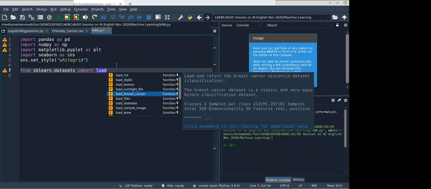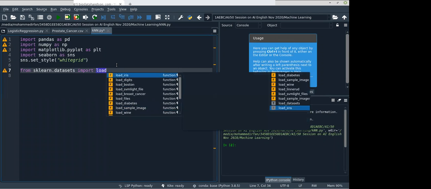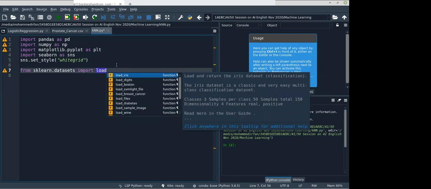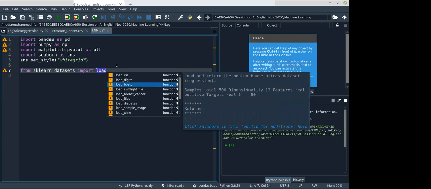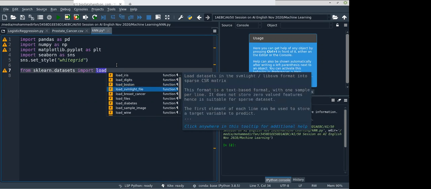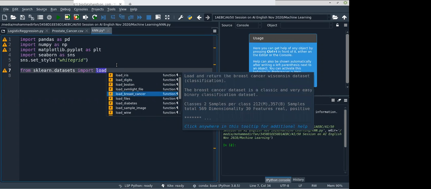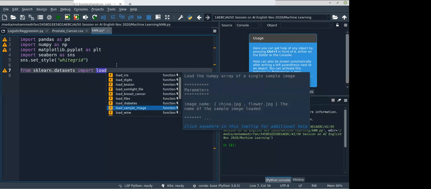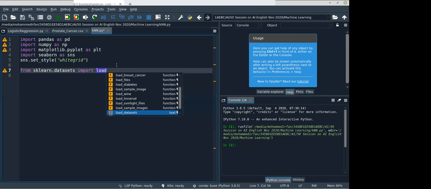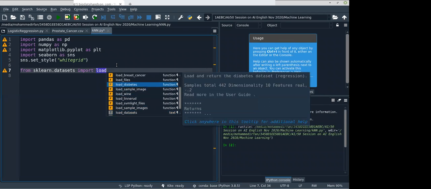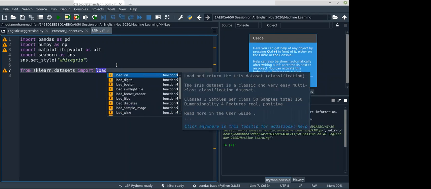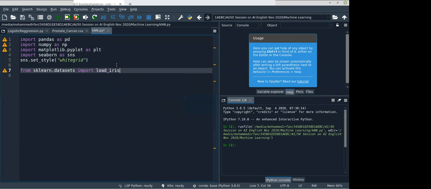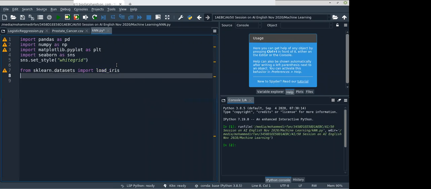You can see some functions there: load_digits, load_boston, load_wine, breast cancer, diabetes. These are the datasets which sklearn provides. Okay, let's import load_iris. This is a function actually. We want to call this function.